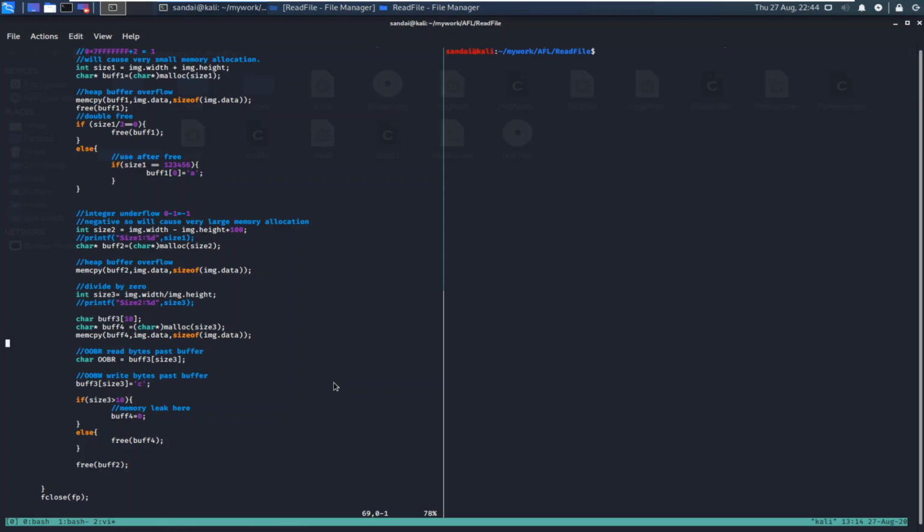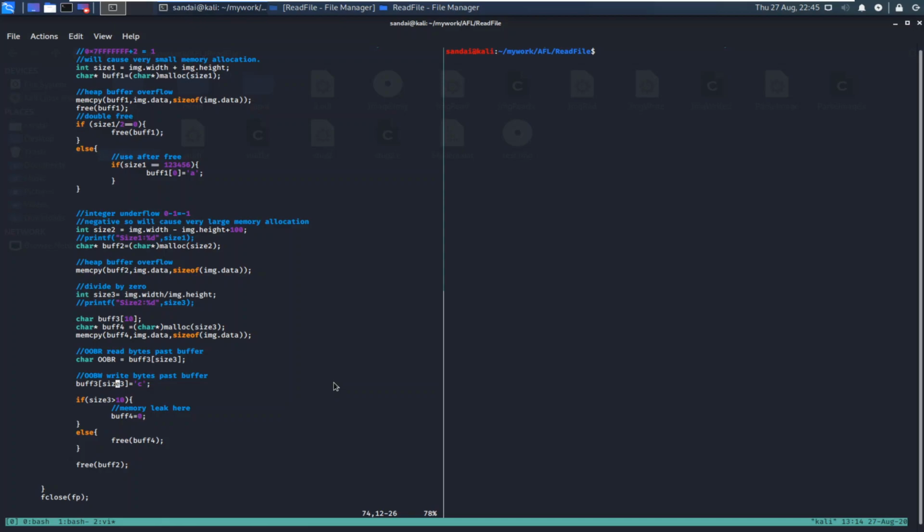So we take the same example, buffer 3 is of size 10 there, and if you write some data from 0 to 9, it should work perfectly fine. So if size 3 value is from 0 to 9, this program should work perfectly fine.